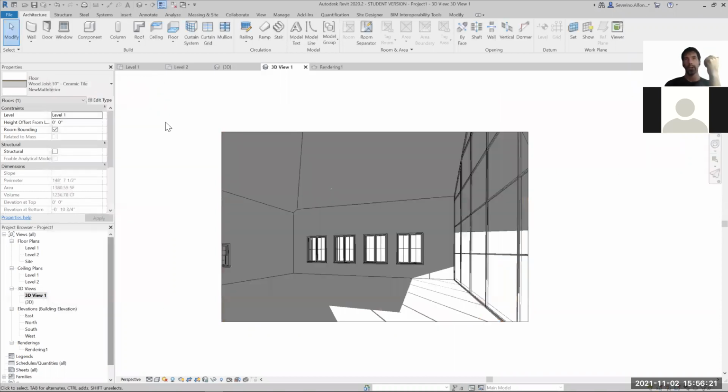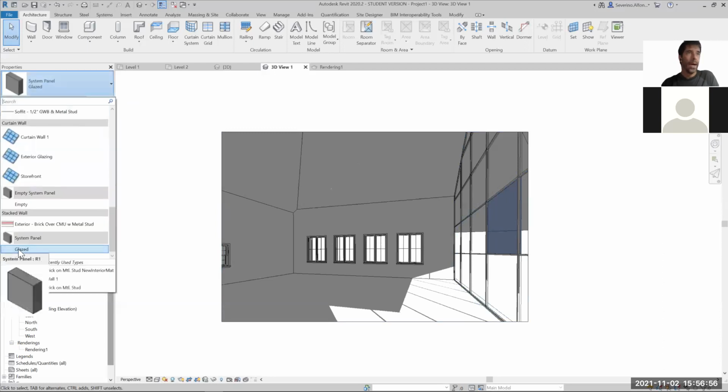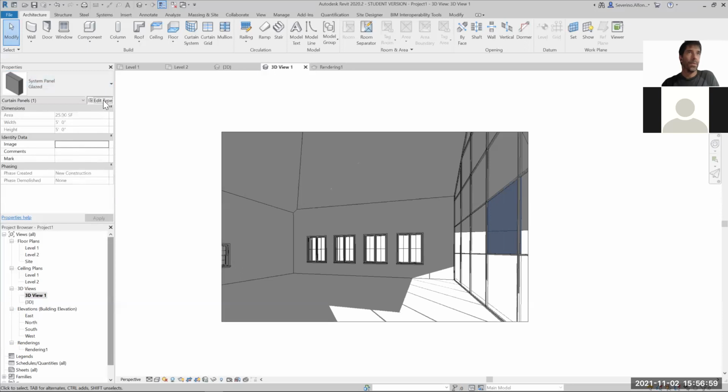So the big question, and of course, floors, walls, and roofs are straightforward because you know there's a layer you have to create and give that layer a material, no? So the question is, what about a stair? What about a panel of a curtain wall? So we need to find, this is as simple as finding the place where the material is assigned. If you're, for example, in a panel, pressing tab and selecting a panel, you need to find where the panels have their material. So maybe it's under edit type,